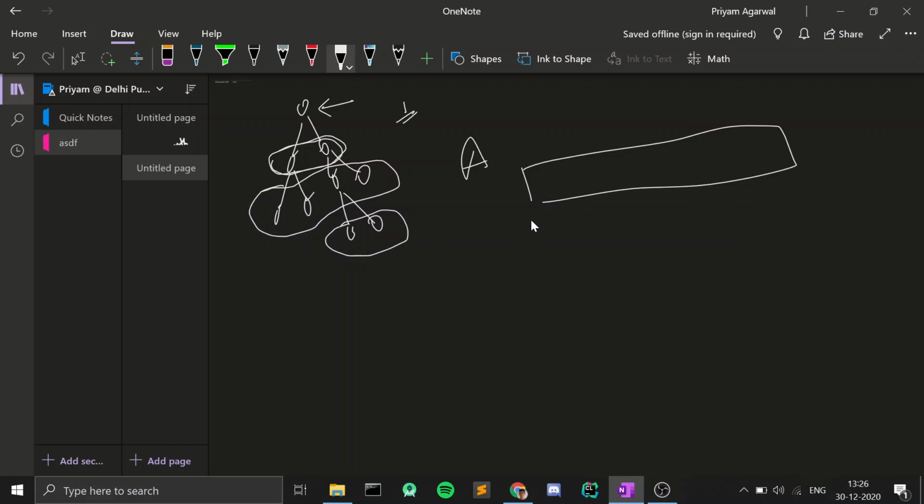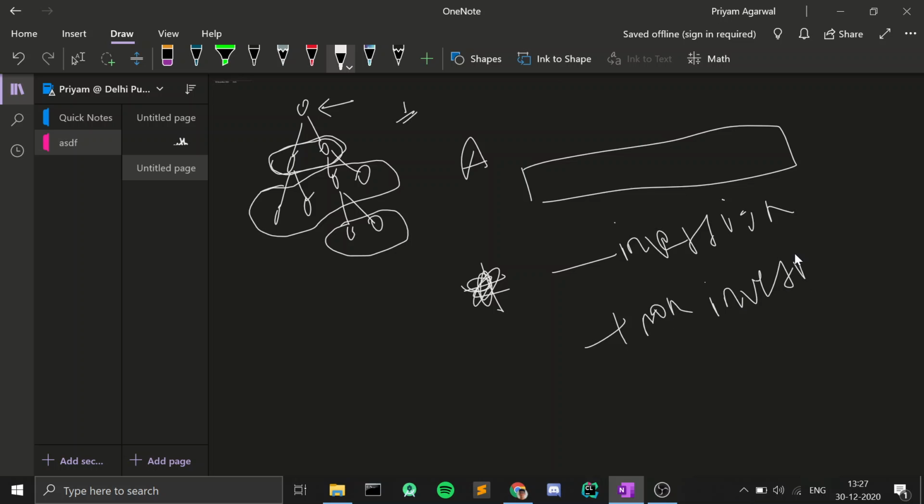So basically, you need to calculate the number of non-inversions. You subtract the number of inversions at every point and you add the number of non-inversions,